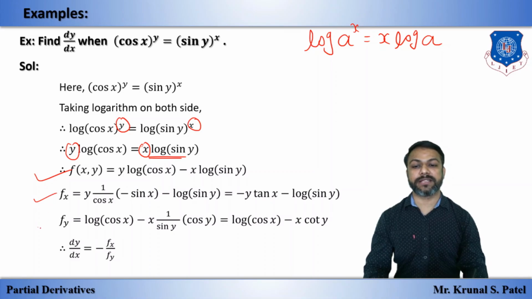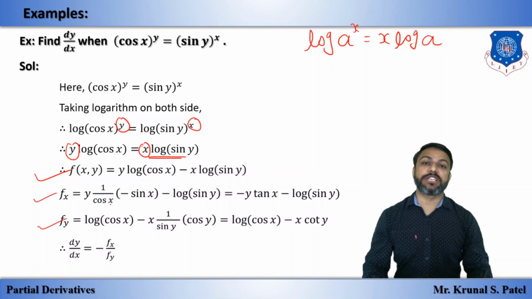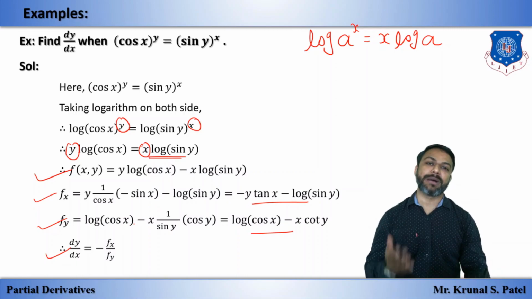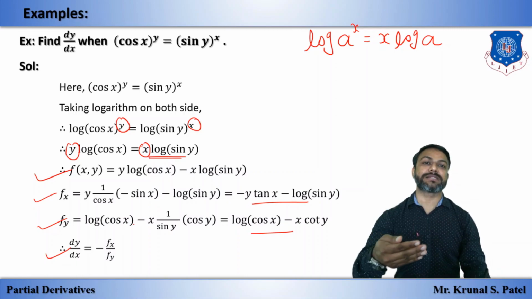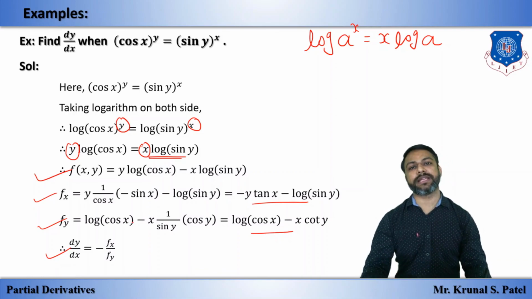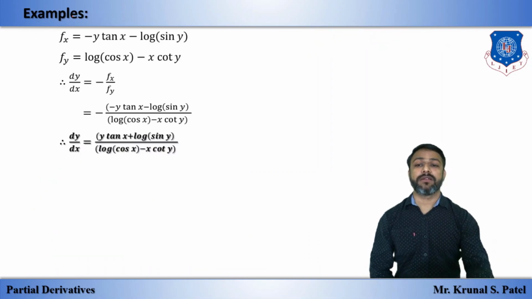By differentiating this function with respect to x and y partially one by one, we have these two answers, and we have the formula dy by dx is minus fx, that means del f by del x upon del f by del y, and by putting in the values and multiplying this minus to the numerator,